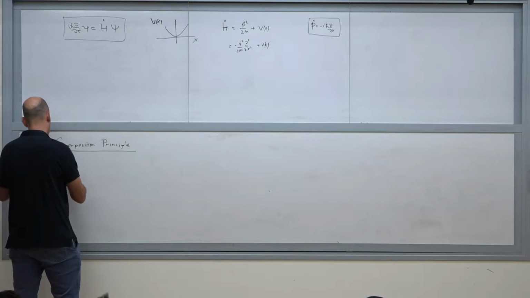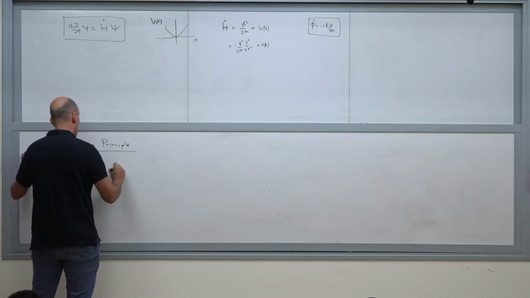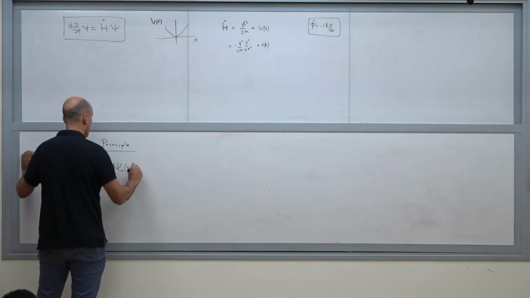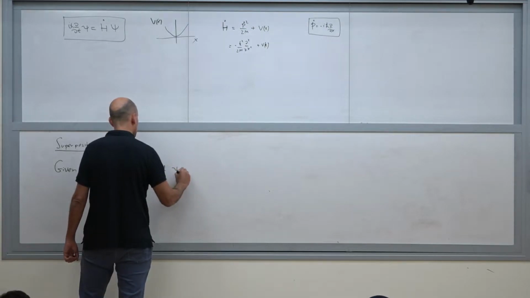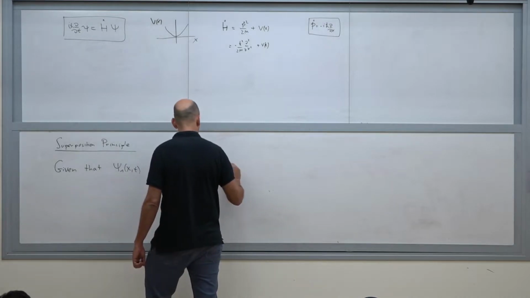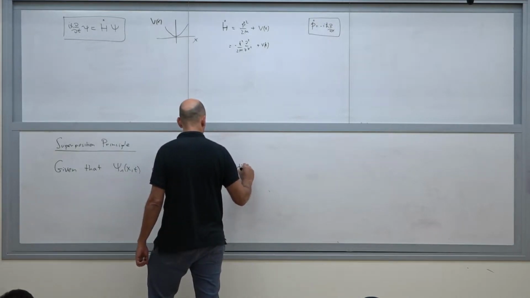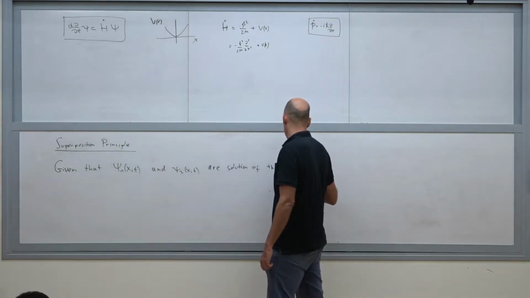Given that psi1(x,t) and a different wave function psi2(x,t) are solutions of the Schrodinger equation,